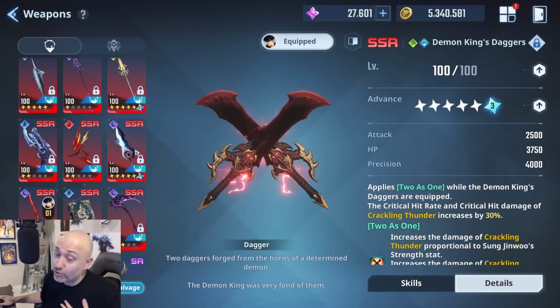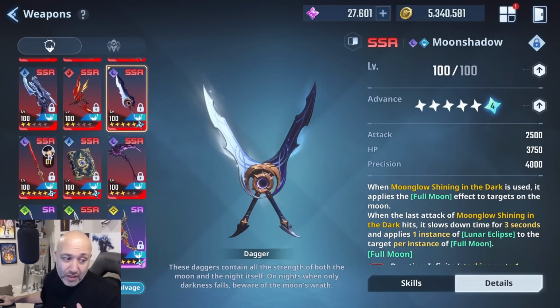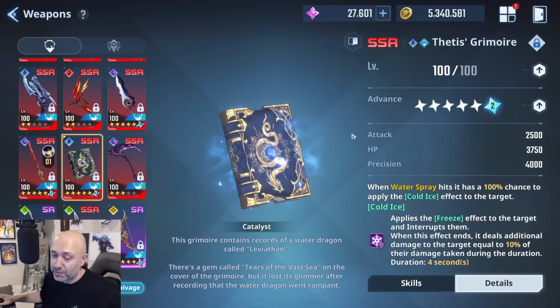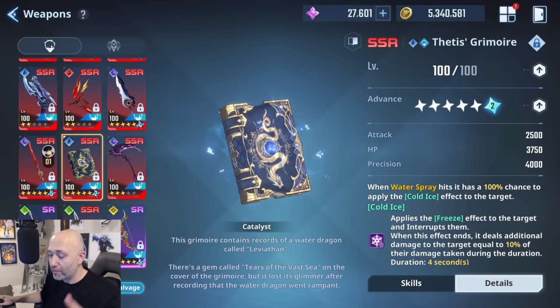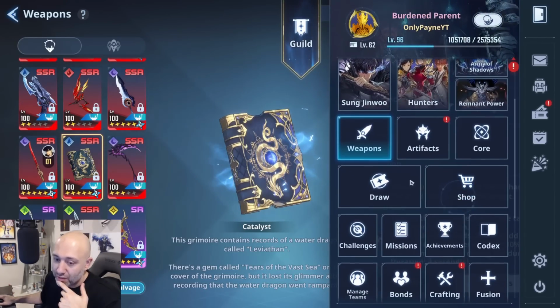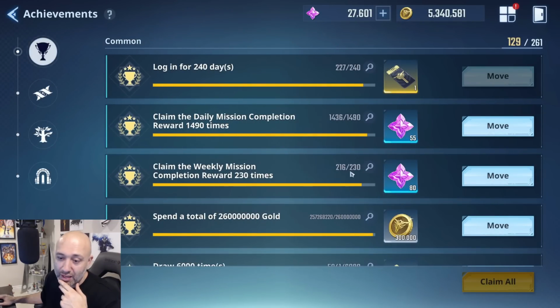I chose the Moon Shadow Daggers personally for mine because I have it A9 now. And then, of course, I have the Plum Sword at A10. You guys can see that my Grimoire is A7. So that's my free-to-play account. This has, of course, been since the second day of Global, and we're almost 7 months in, right? If you look at my achievement section here, I've only been playing for 227 days, and I've only